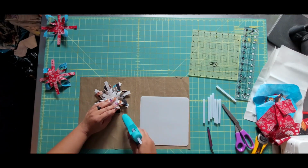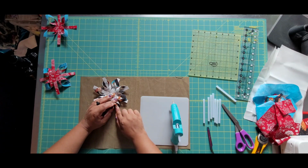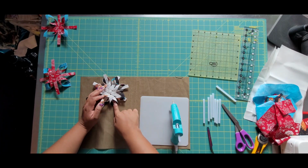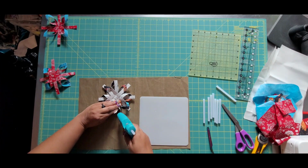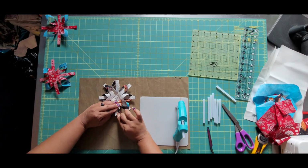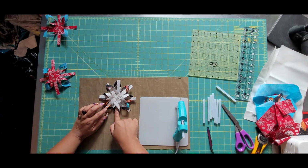So I just lift up the strip and put a little glue there. Some people push it back so that it's not hanging over. I clip it at the end. I don't mind it hanging over. I kind of like a flatter Scandinavian ornament. Some people try to give it more dimension by pushing those back, but I'm just picking them up and putting